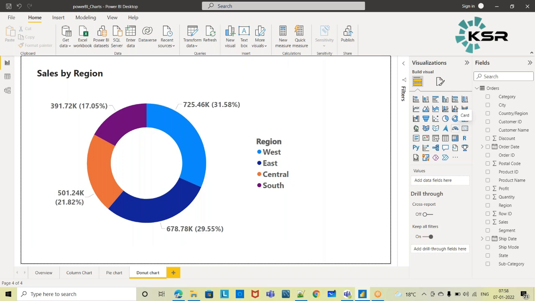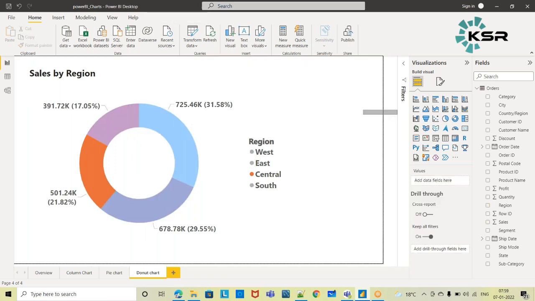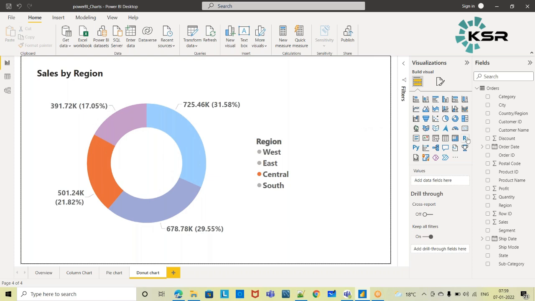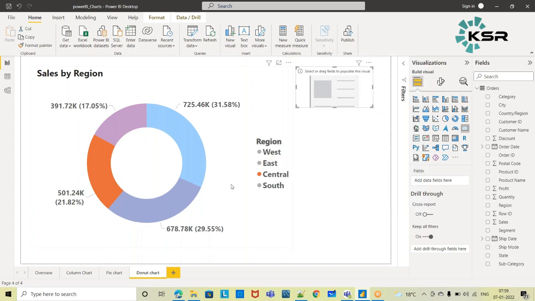This is called card chart. So first let me drag and drop the card chart here. Okay, so this is the card chart. In this card chart, I want to add the sales.